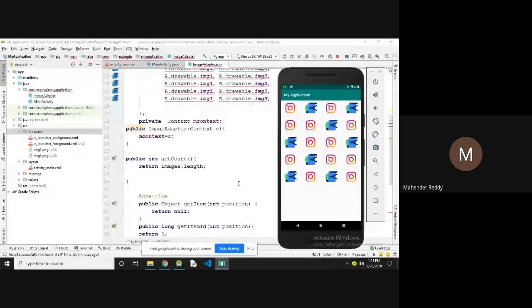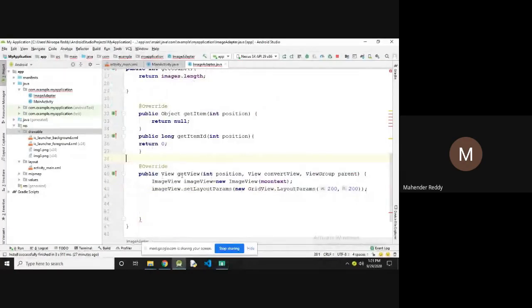So in public View getView, you get this imageView, which is a new ImageView with mContext, and imageView.setLayoutParams with GridView.LayoutParams 200 comma 200. That is each item's height and width.